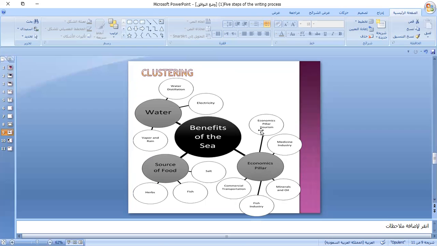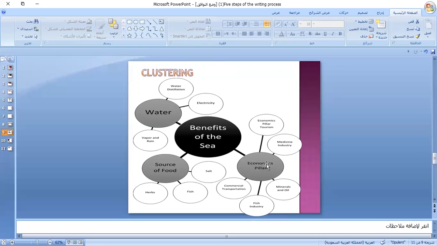Now, economics, you see, go up. Economics pillar, tourism. At the level of economics, tourism is one of the supports of economics. Medicine industry, you can take a lot of herbs to make medicine, and fish oil, and a lot of things, even the seawater is used as a type of medicine. Minerals and oil, also something related to economics. And fish industry and commercial transportation, the sea is a means of transportation, particularly export and import commercial. Yes. So these are the supporting ideas which support the main idea,